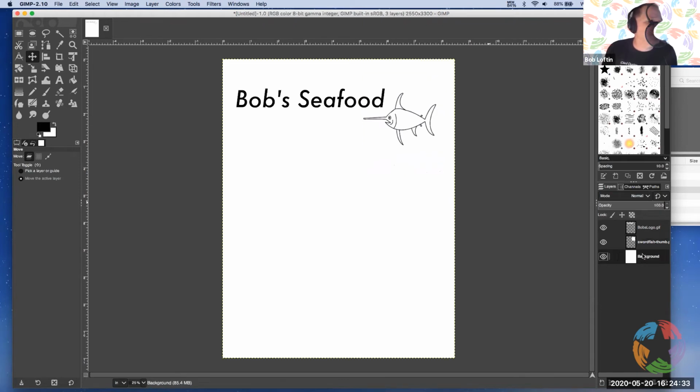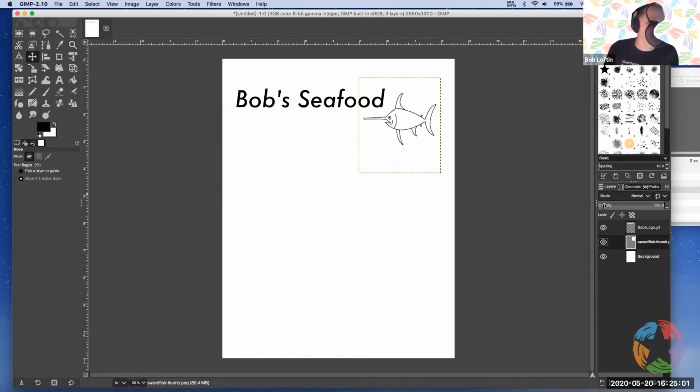So that's not too bad. I'm going to leave it right like that for now. Actually, let me show you one other fun tool with this. Maybe you want the swordfish to be really big so it covers up a lot of the menu, but you don't want it to overpower the menu. You could drag it where you want it to. You could use the scale layer to make it really big, but then select the layer, and there's an option